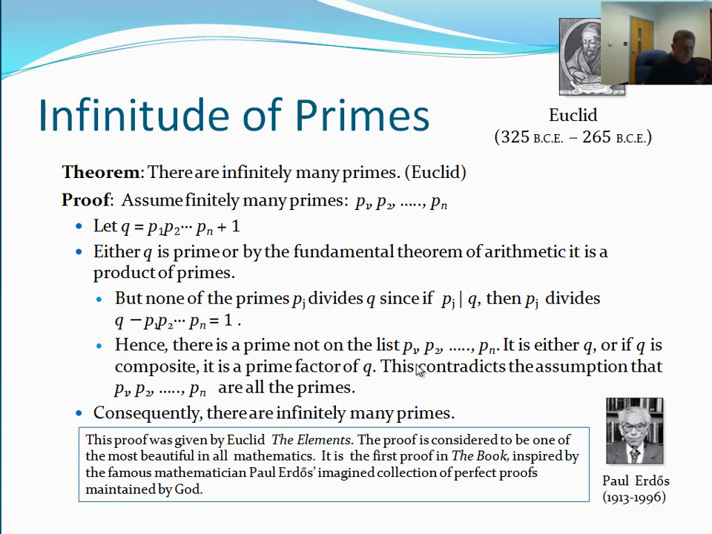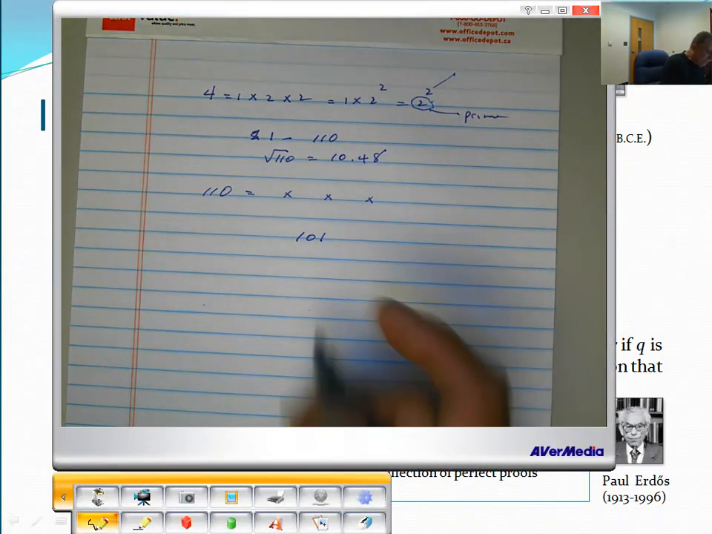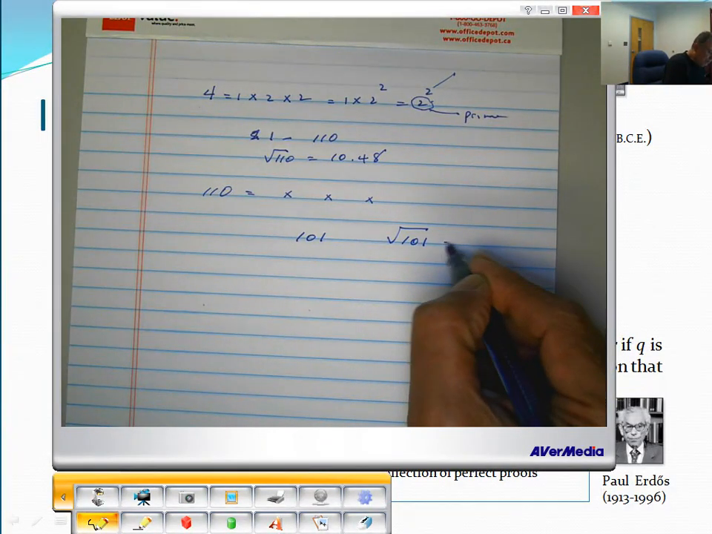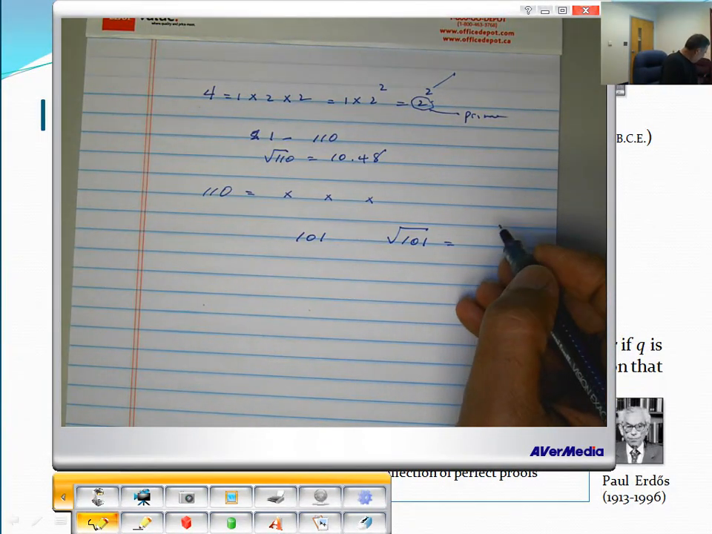In 101, I want to find out what numbers it is the product of. If n is a composite integer, then n has a prime divisor less than or equal to the square root of itself. And let's say the number is 101. Then the square root of 101 is equal to